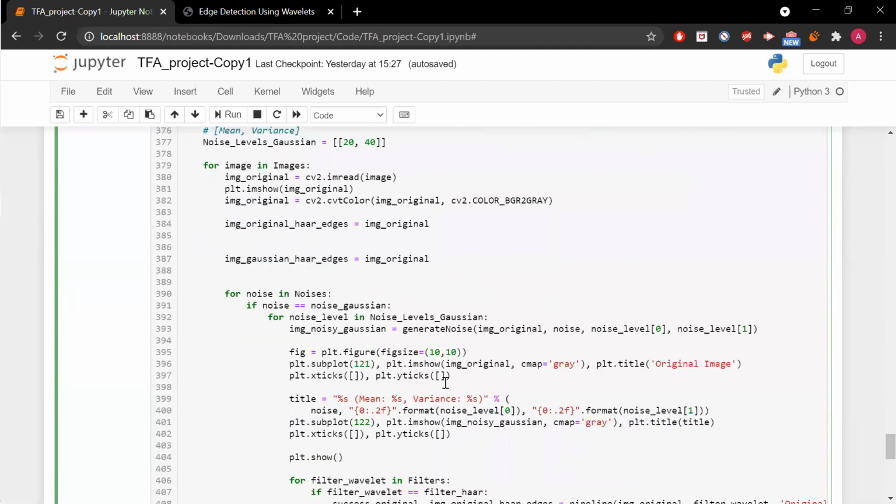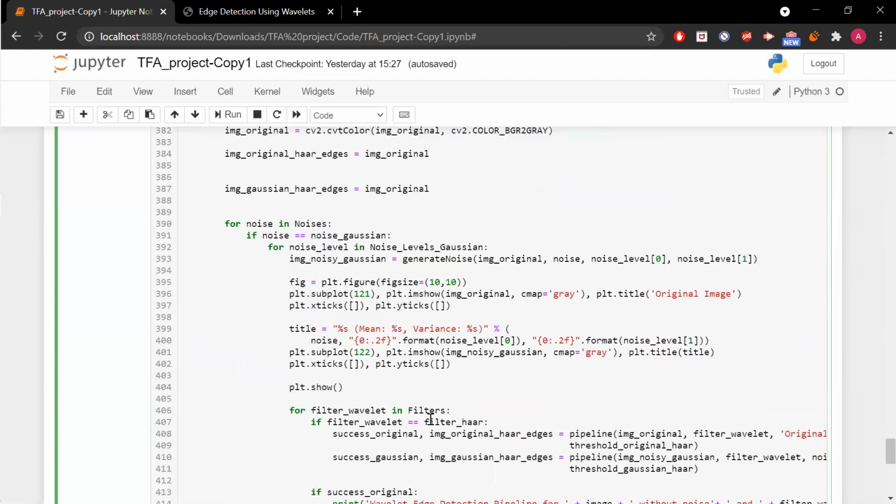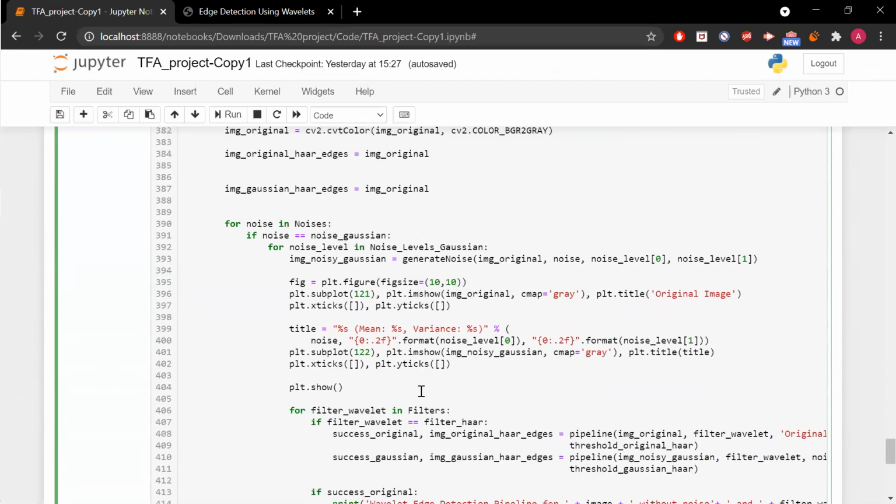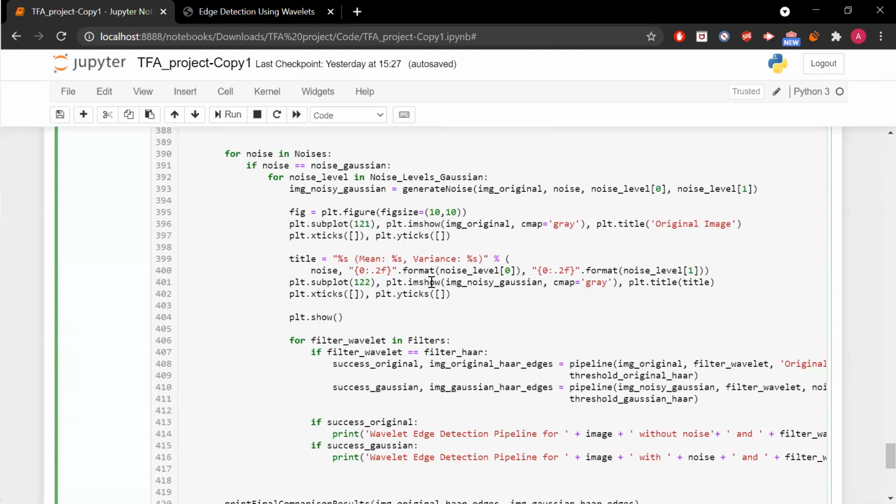And this is our master function, where we'll be giving our arguments for the image, etc. For now, we are only using Gaussian noise and Haar wavelet filter. We can also use this for other kinds of wavelets and other kinds of noise like salt and pepper noise, etc. We have not done that, but it can be done. Sushil will take over from here and share the arguments.